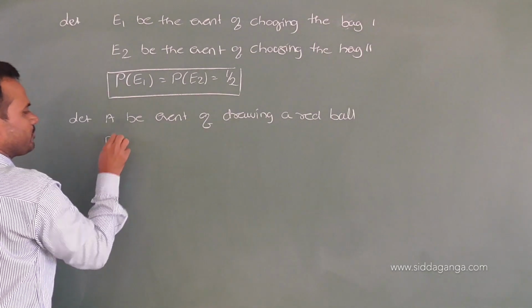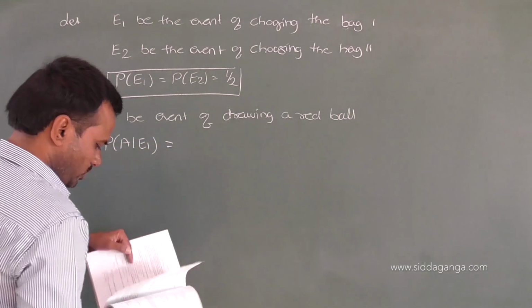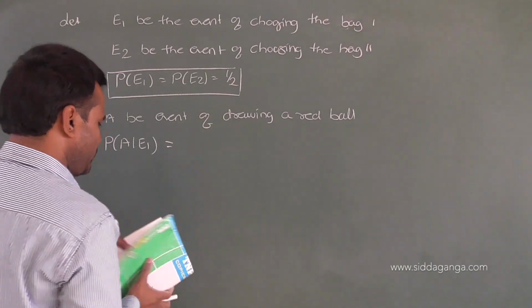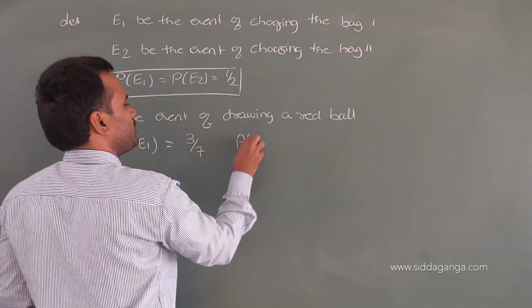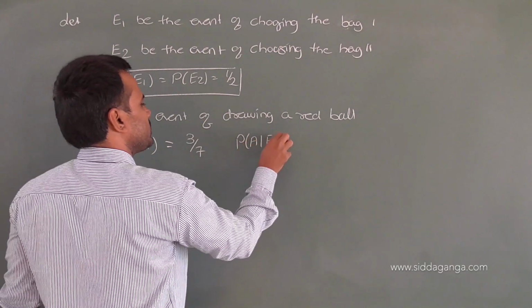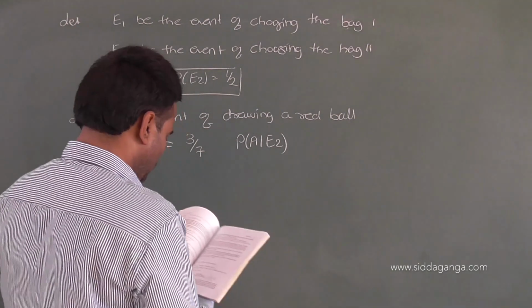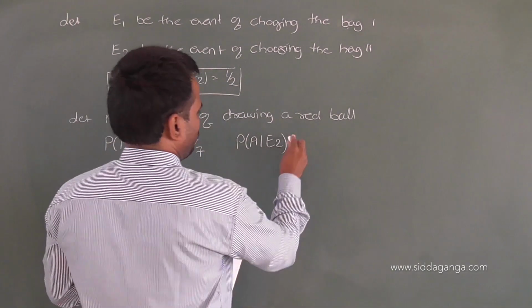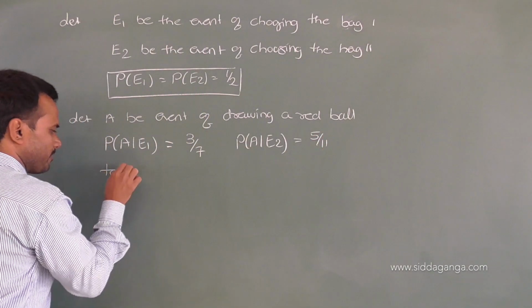Probability of A given E1: total balls, red balls in bag 1, 3. 3 divided by 7. Probability of A given E2: in bag 2, how many red balls are there? 5, and total balls is 11. 5 divided by 11. To find